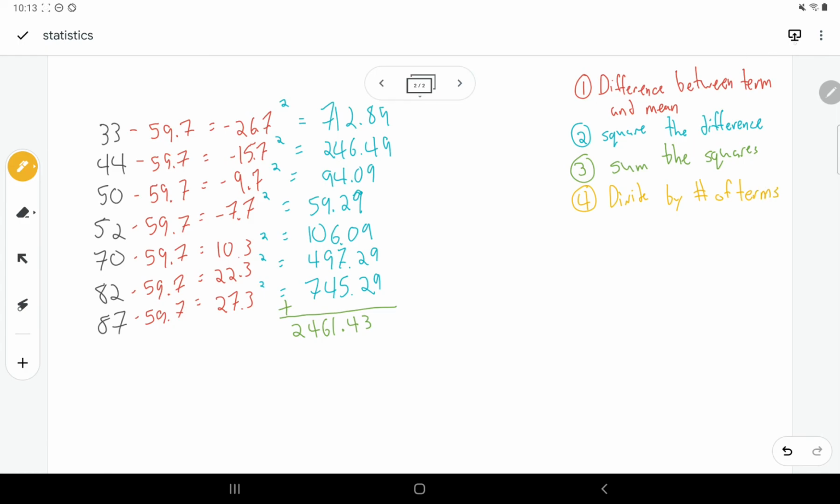There we go. Okay, so remember we had 7 terms. We take this total sum and divide by 7. Okay, so again, that is the number of terms, so we can even just count these 1, 2, 3, 4, 5, 6, 7 to be sure. Okay, once we've done that, we just take our number here and we divide by 7, and we will get